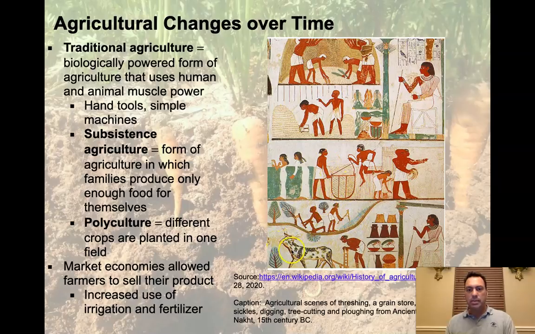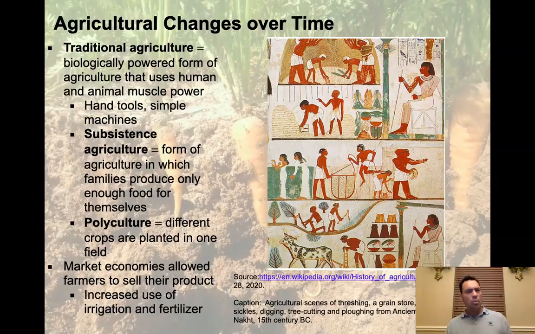We clearly see a domesticated animal that's doing some plowing. And these are things that happened right up into the 1850s, 1860s. And a lot of that was replaced by tractors and machinery later on. But we recognize that this was pretty standard worldwide everywhere you go. And here we're actually seeing it on a piece of art in a tomb in 15th century BC